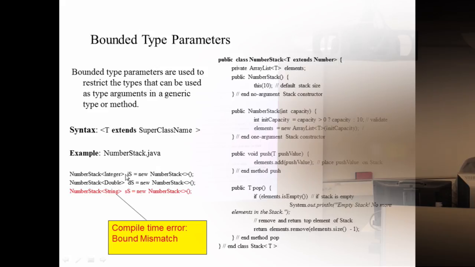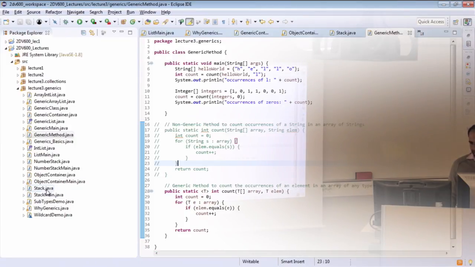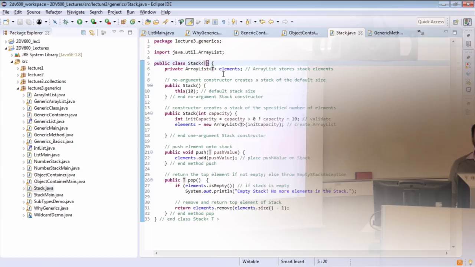For example, if you want the stack class that we have defined already to only work with numeric values, then if we go here, now we have no constraints on the T here. The T can be used for any type. But if you want this stack to be used only for numeric types, doesn't matter if it's an integer or a decimal point or a double value, you put it like here, extends